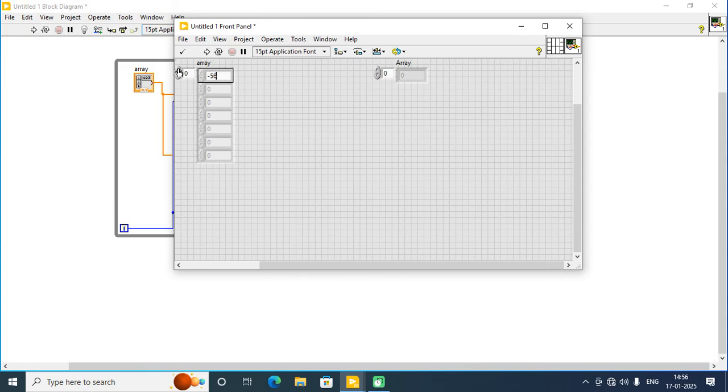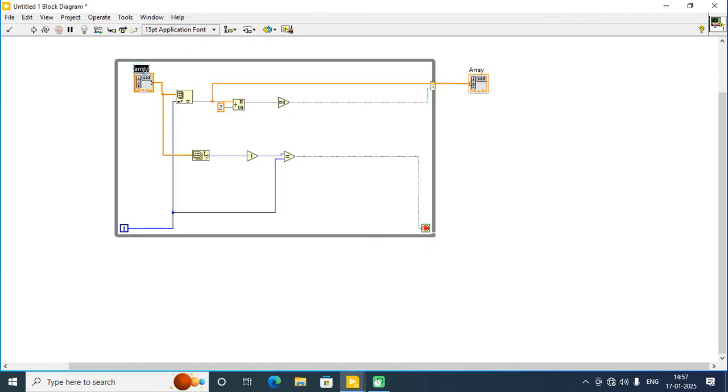Let us give some input. You can give some random any input. If we see here, only the even numbers, whether it is negative or positive, the even numbers only come onto the output array. So we can name this as the